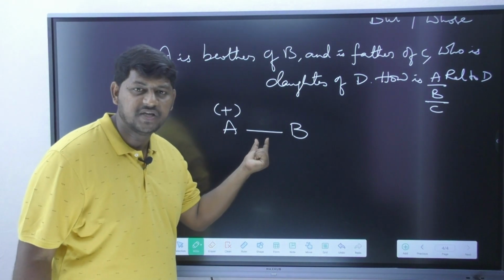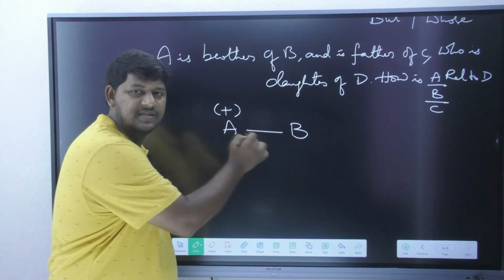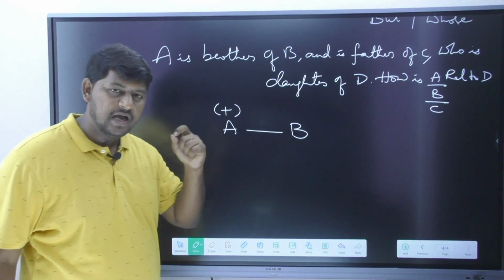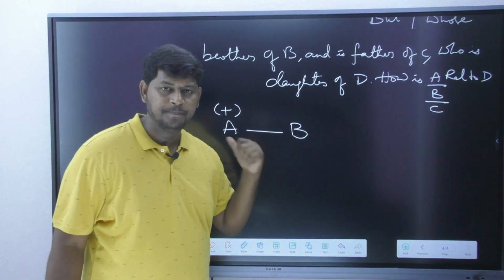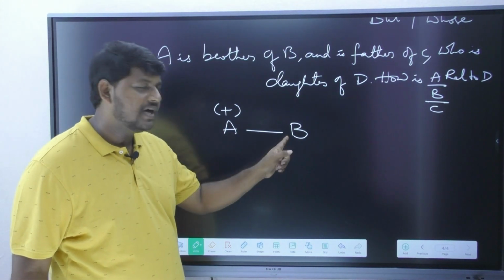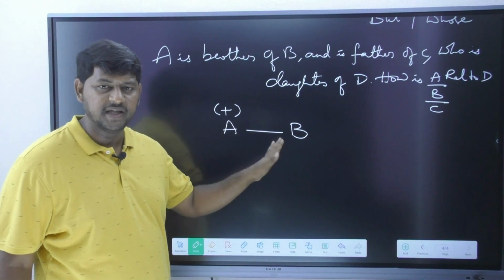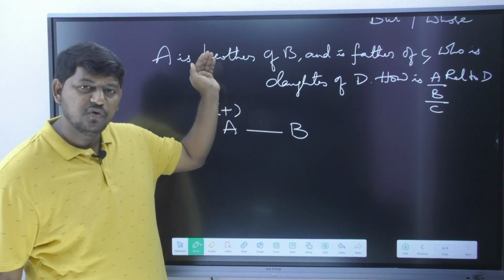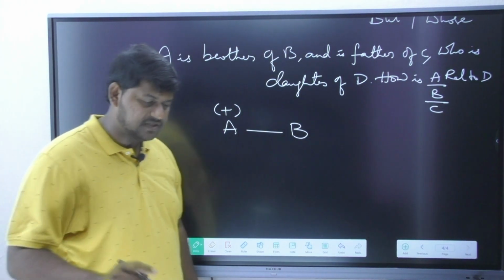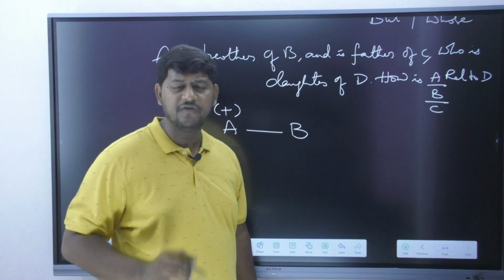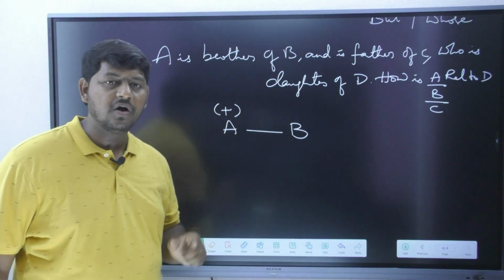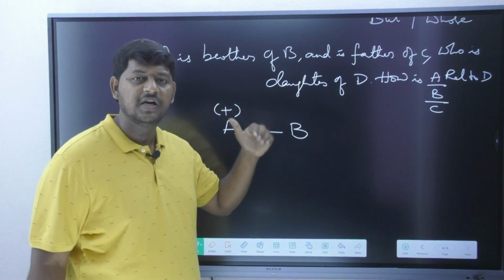Then I will always use a single line. I don't have to place this arrow mark. A simple line is always going to give us clear information that they are going to stay in the same generation. But as of now, I do not have any idea regarding the gender of B. It could be either male or female. Let us move forward into the question and try to figure out the gender. But please do remember, due to lack of knowledge regarding those keywords, you may go wrong, or you may understand this question completely wrong.